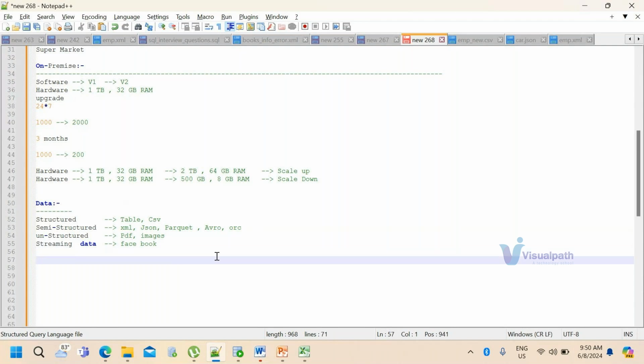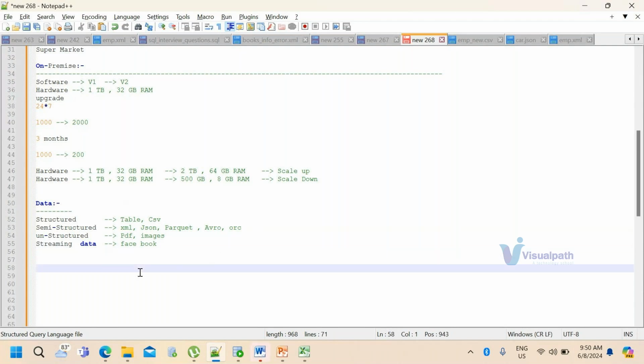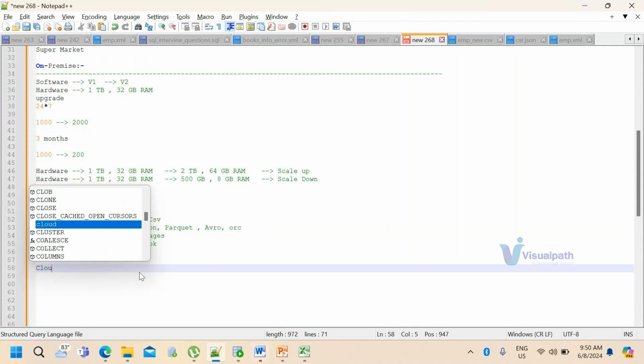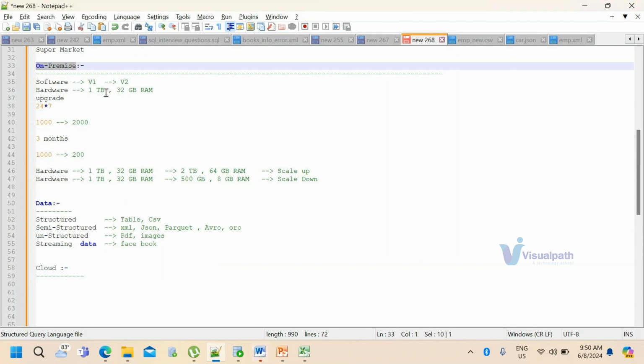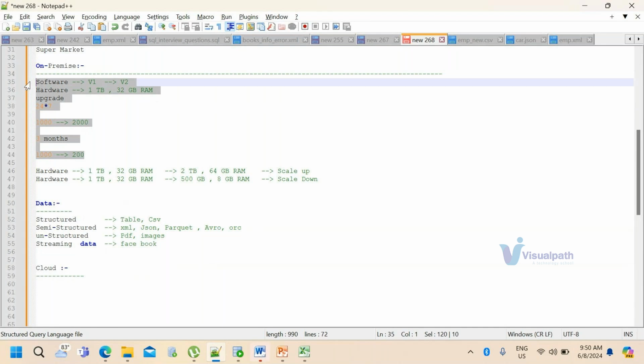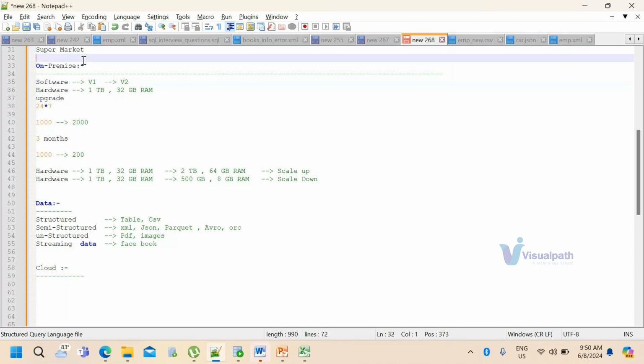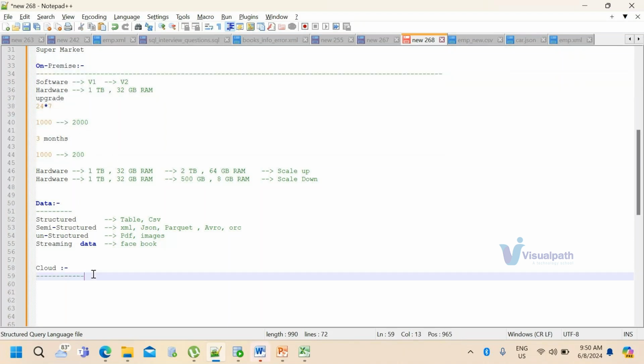Okay. Now, tell me, do you know what a cloud actually is? Anyone? What do you mean by cloud? We have seen on-premise, right? When I say on-premise, if you want to start a business, you need to have initial capital to purchase the software, hardware, and to do the maintenance activities. You need to invest some amount initially, right? So there is an initial cost involved in the case of on-premise. But what do you mean by cloud actually?